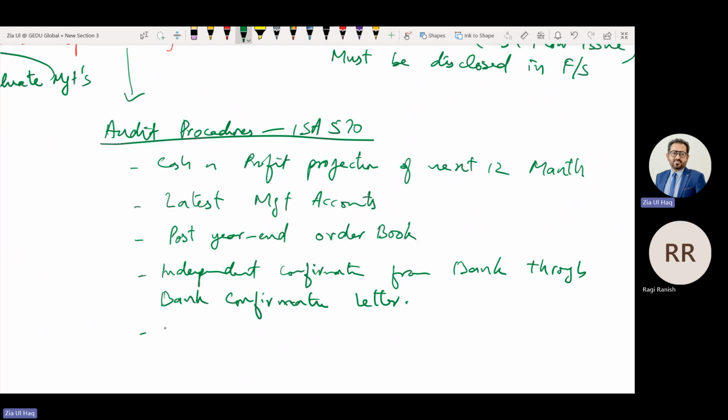We should inspect the latest board minutes, to verify how management is considering the situation.